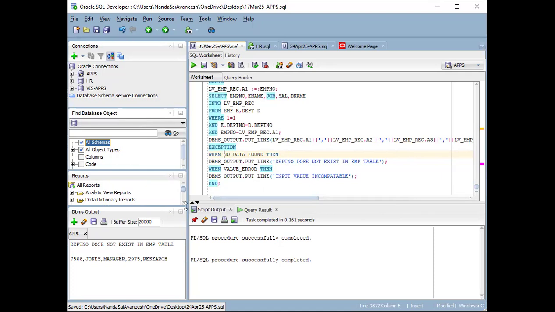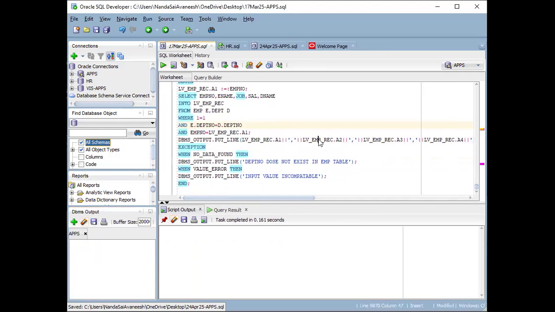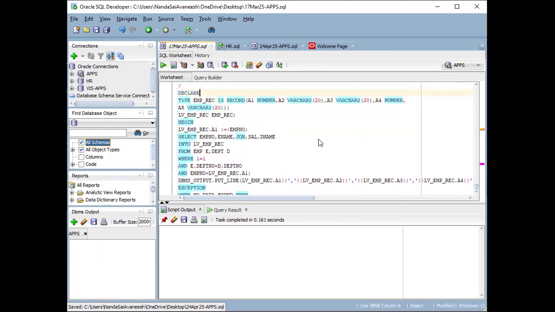The main thing is how we are capturing the data into these variables, and how we are defining the PL/SQL record. In this example, we are defining only 4 columns, A1, A2, A3, A4. Suppose I want to take all the columns of the employee table, then